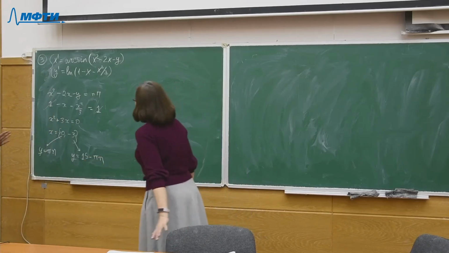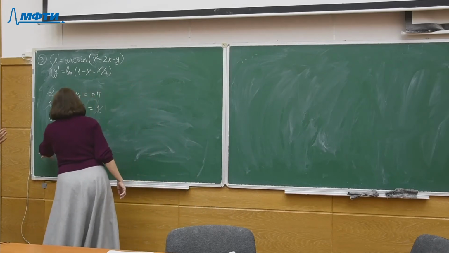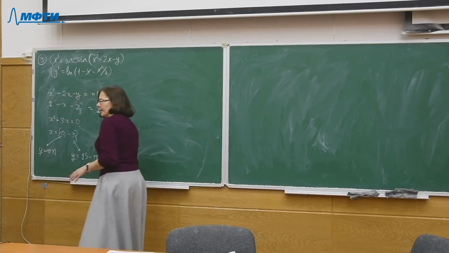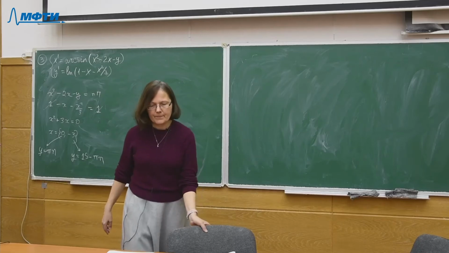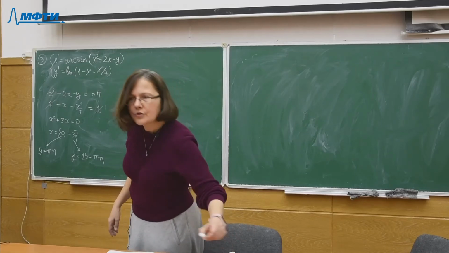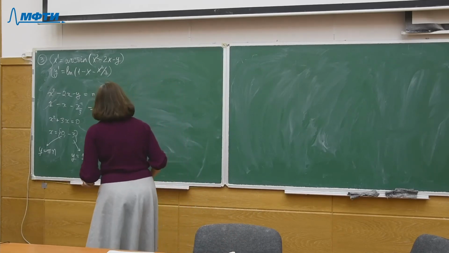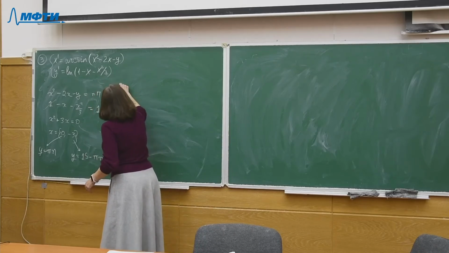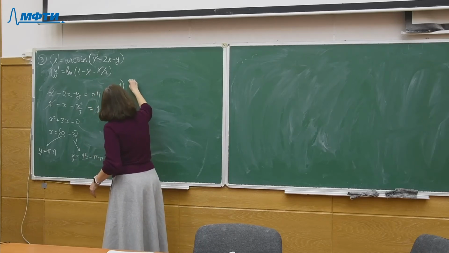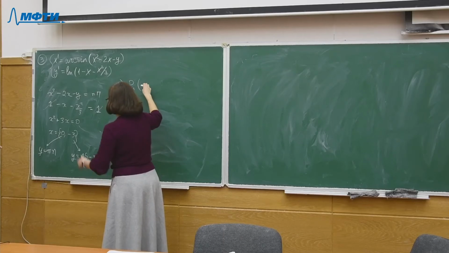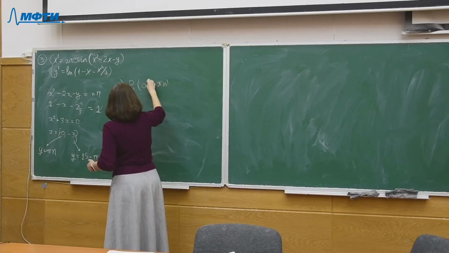I think there's no problem with this pi n. I think these critical points have the same behavior. Yes, because now if we first consider the points of the form 0 and minus pi n and make the